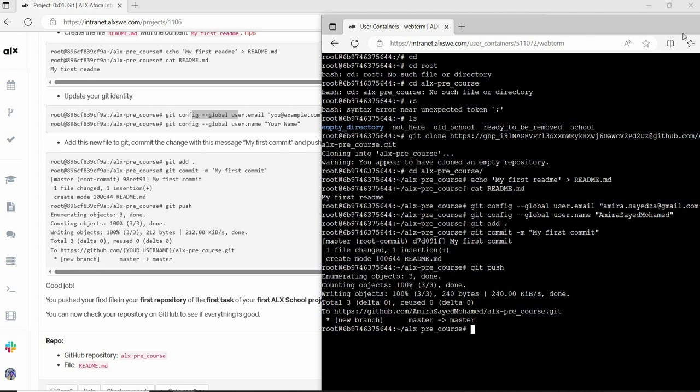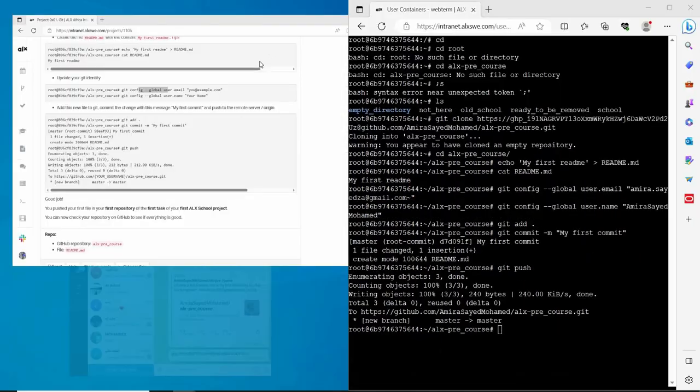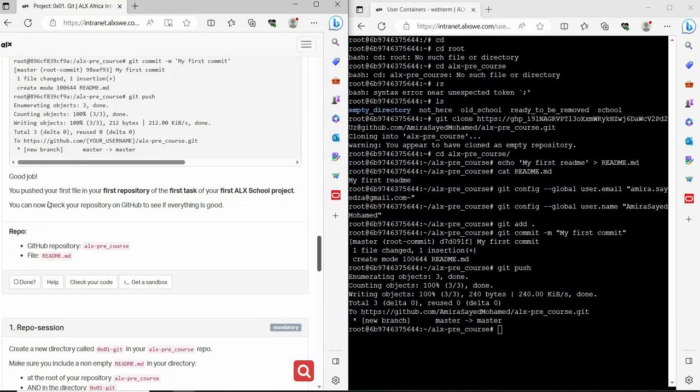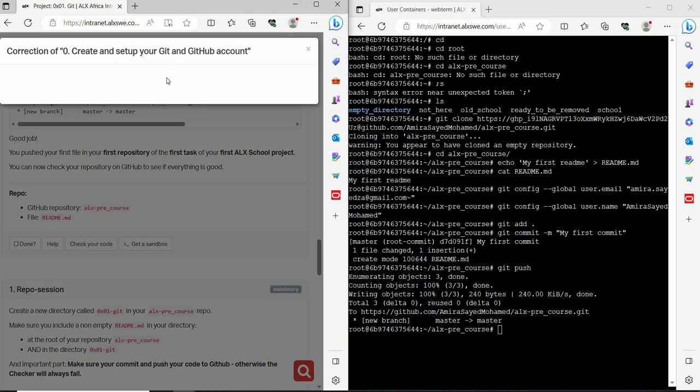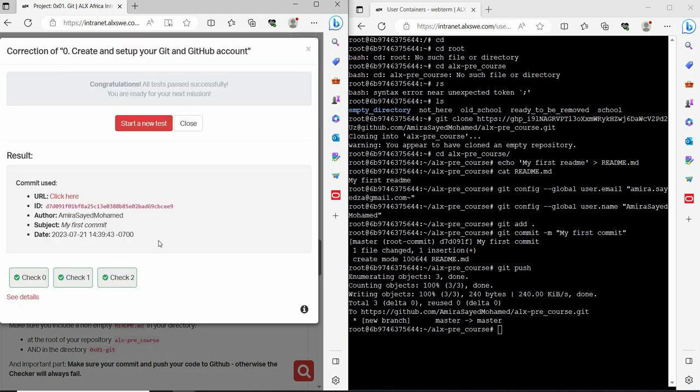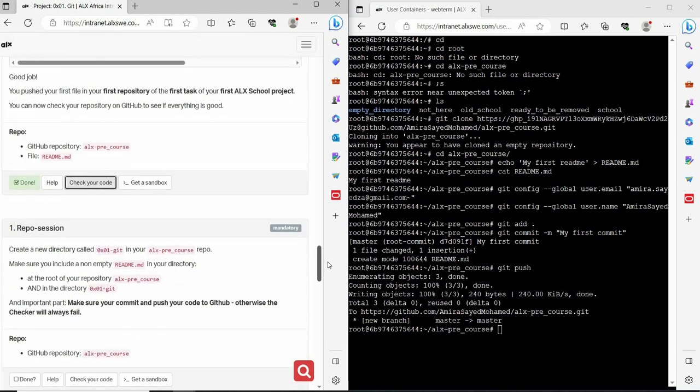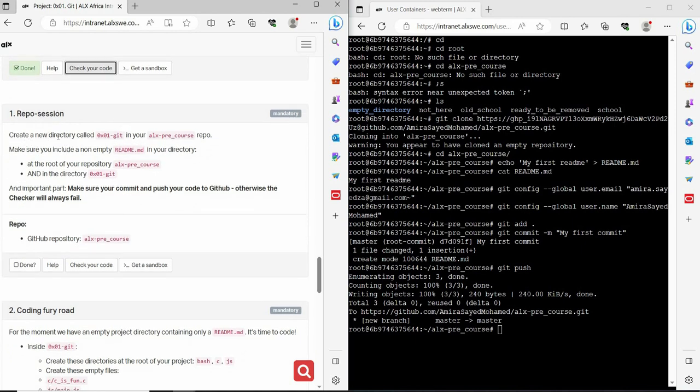So let's see our task. Check my code. So it's done. Let's see the next task. The next task tells me to create a directory called 0x01-git. So all I will do to make a directory is use the command that makes a directory, and copy this name,